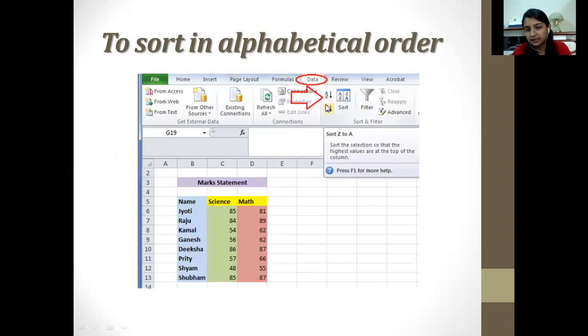The alphabets are written here, that is A, Z. The arrow is towards downwards. That shows that it would come from A to Z. If you have to write it in ascending order, it would be like A to Z.